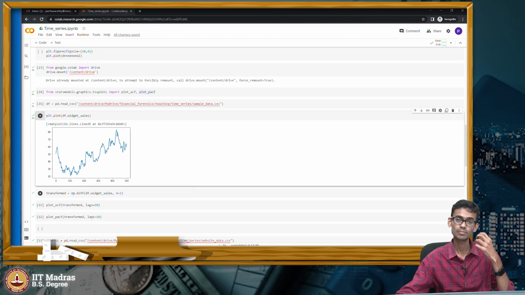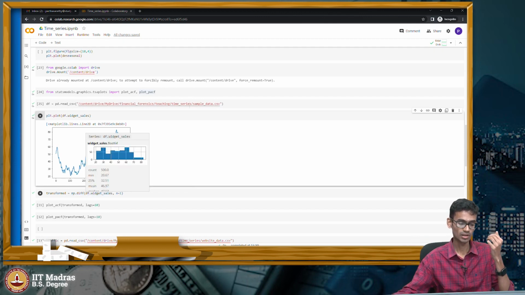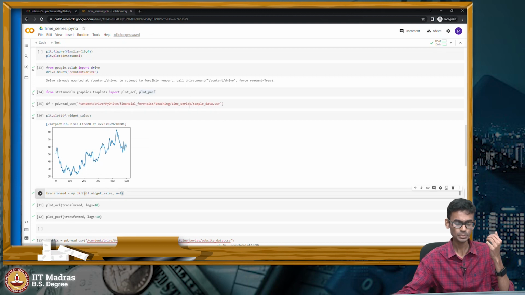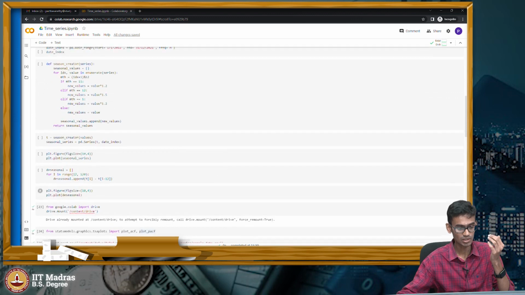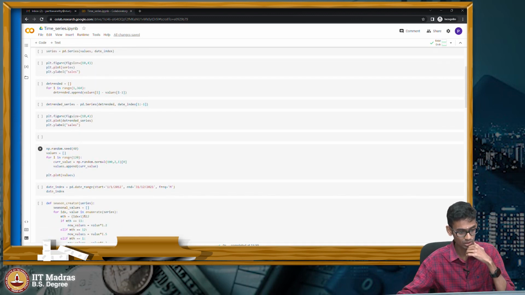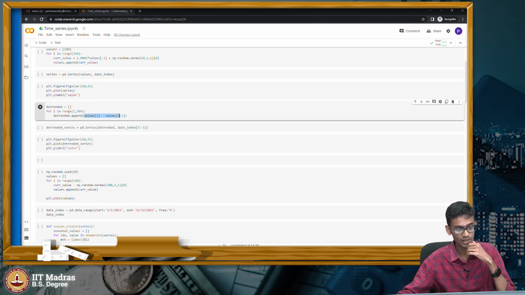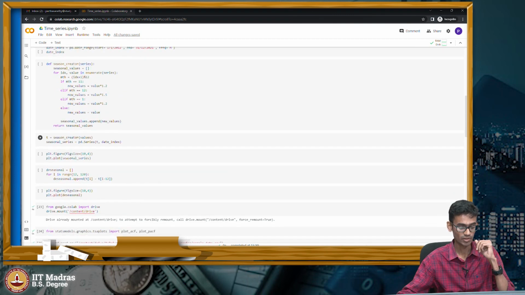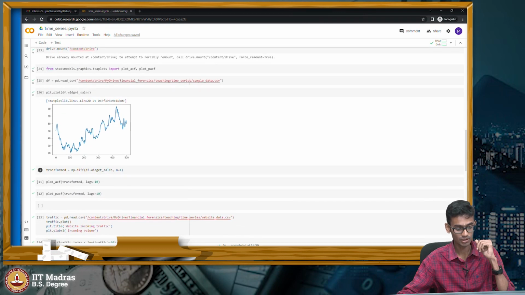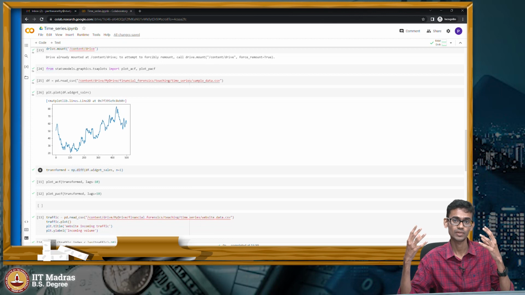This will typically help us in computing the lagged version of the variable. If you remember, some time back we were trying to find the difference by ourselves. If I scroll up a little bit, you will see that here we are detrending it, where we find the lagged value of the variable by manually writing a for loop. But there is a quick option, whereby we can just call this np.diff function and pass in the data for which we want to find the lagged variable, and this takes an argument n,